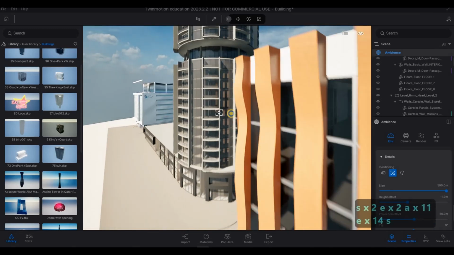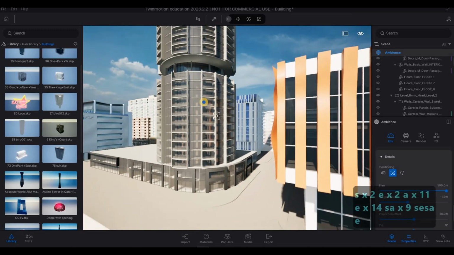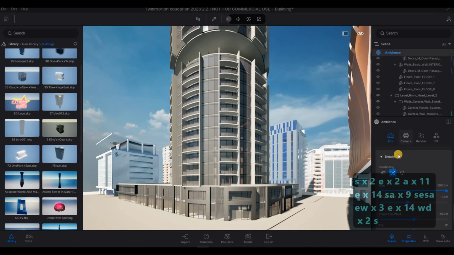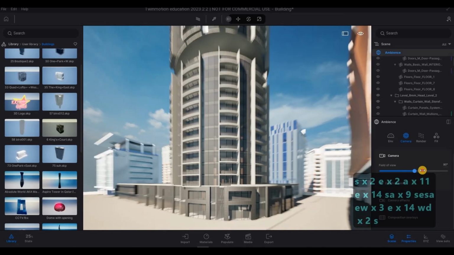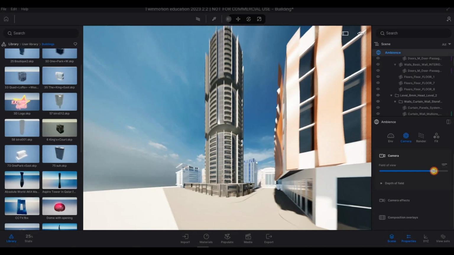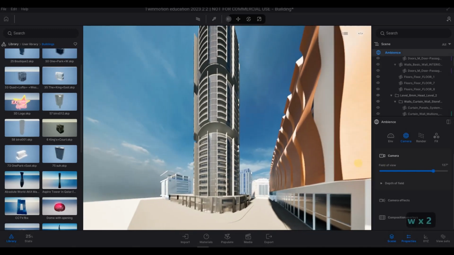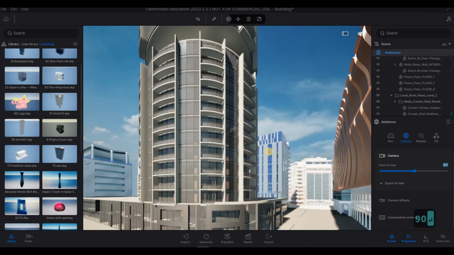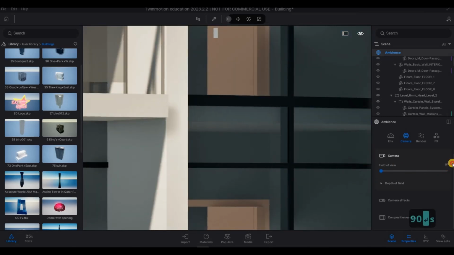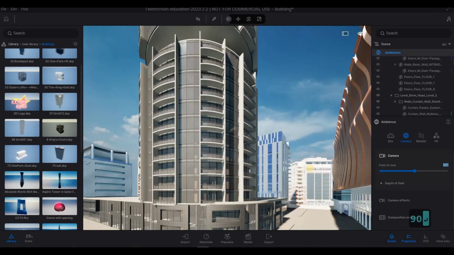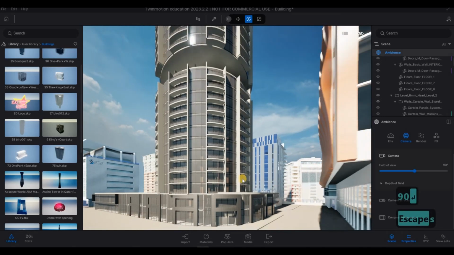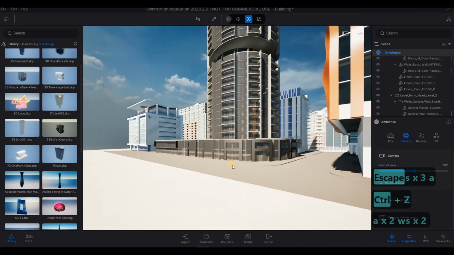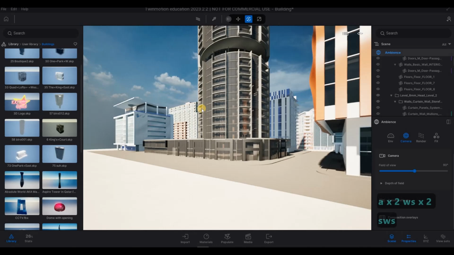So that there's more room at the back there. If I want to, I could just fill the view here. Just gonna put 90 there, and then extend this so that we could